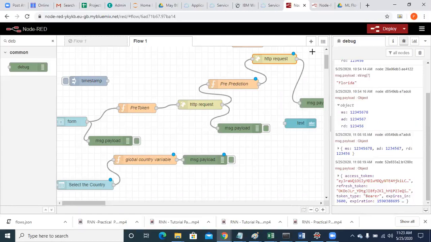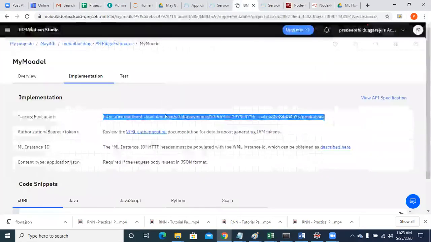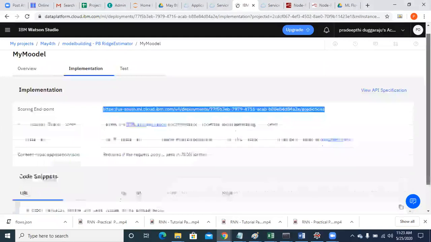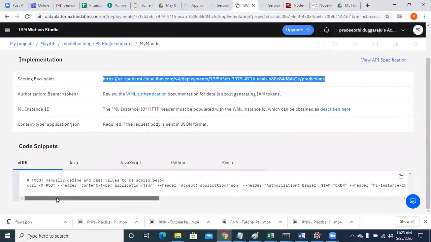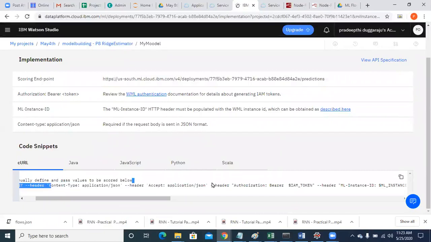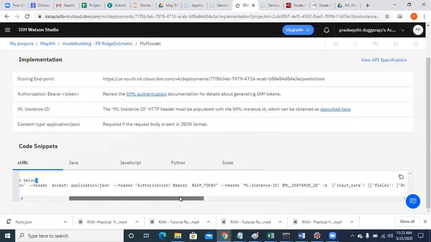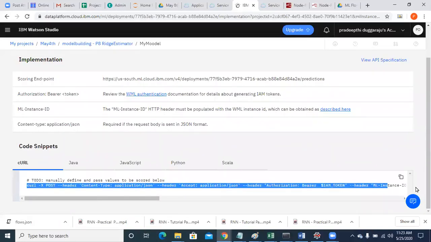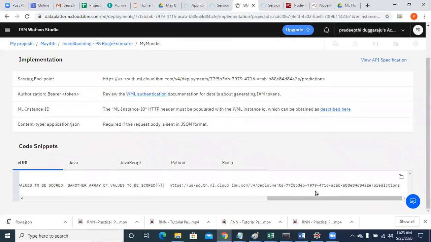Done, right, everyone? Now, if you see here in the implementation part, scroll down, you find something called post, header, content type, application header, something, right? So this is how you have to communicate with the scoring endpoint.